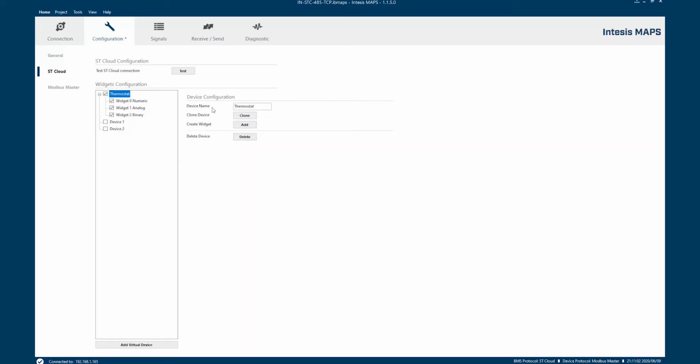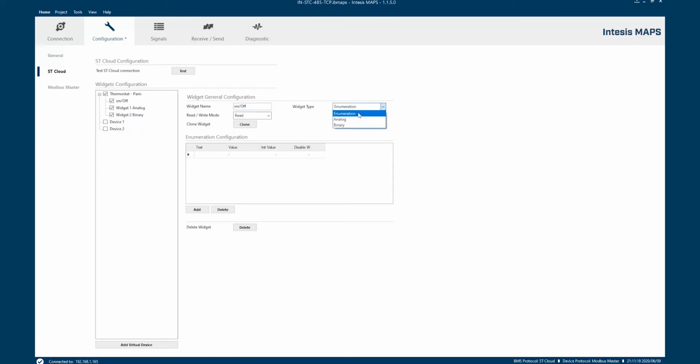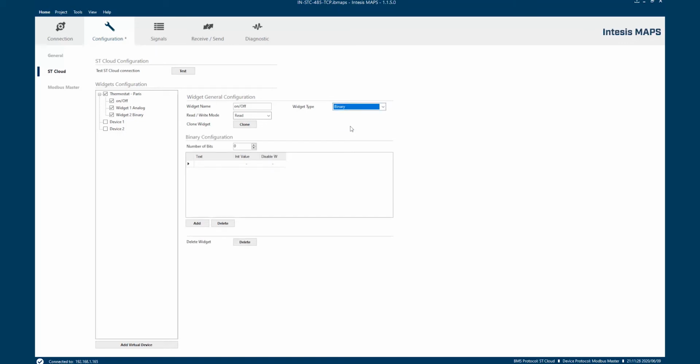For example, we have the thermostat. The thermostat is located in Paris, so let's use a meaningful name. This very first widget we are going to call, for example, on off. Here we have 3 different options. An enumeration, we will describe it later on. We have an analog, we will describe it later on. And we have a binary, which is the one we are going to be using at the moment for an on and off widget. Okay, so this is a read and write,